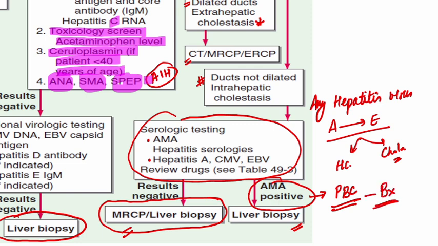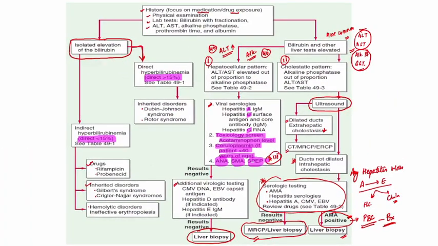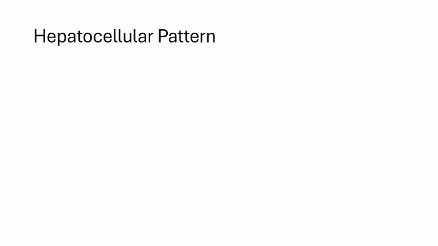In other conditions, if the serologies are all negative, then the purpose of doing liver biopsy is something else. Then the purpose of doing liver biopsy is to make out the underlying cause. Here we know the underlying cause, we know it is primary biliary cholangitis, so we do liver biopsy keeping in mind that diagnosis. Okay, hepatocellular pattern, you know, any virus,